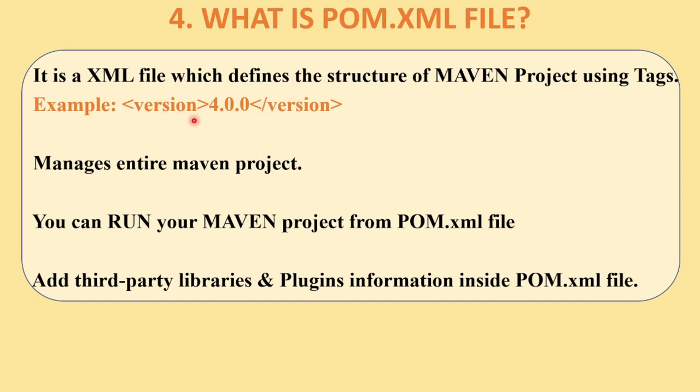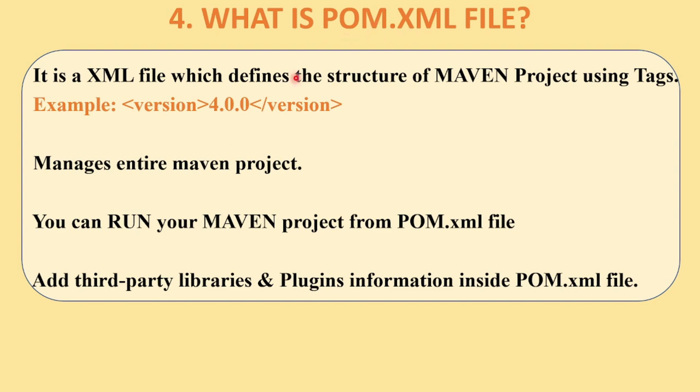See, this starting version tag is the start tag and this is the end tag. How did we come to know it is an ending tag? By this slash. If the slash is there, you can tell that it is an ending tag. In an XML file, every tag has a starting and ending part, and inside the tag you have the actual value. So for the version, this is the starting version tag and this is the ending version tag, and in between you have the actual version of Maven you are using, 4.0.0. Similarly, if you want to create a tag for project, you can create the project tag and inside write the actual value, that is the project name.